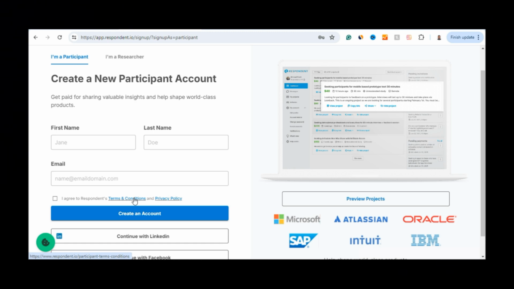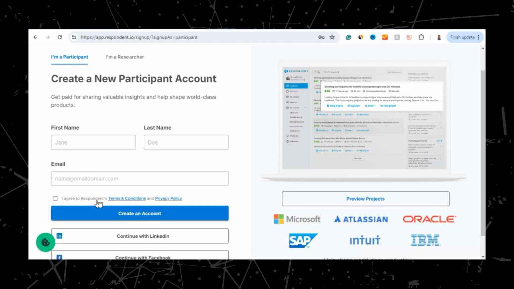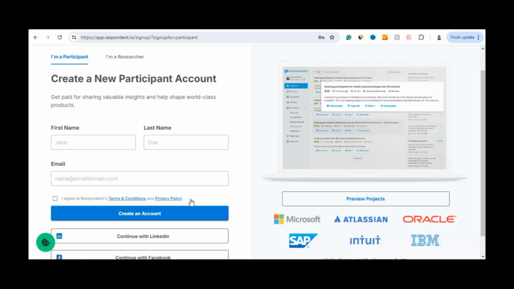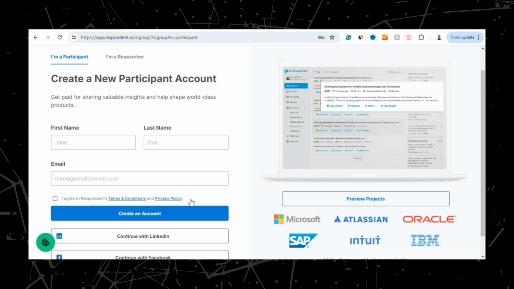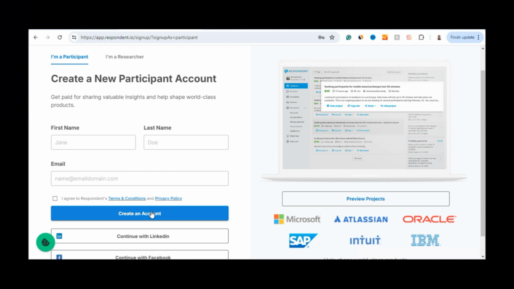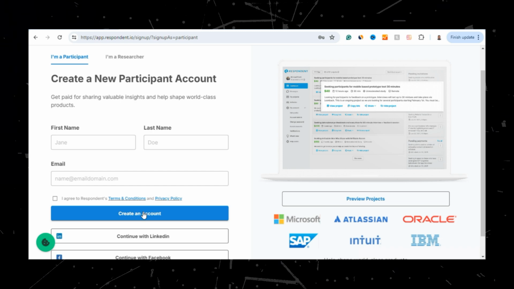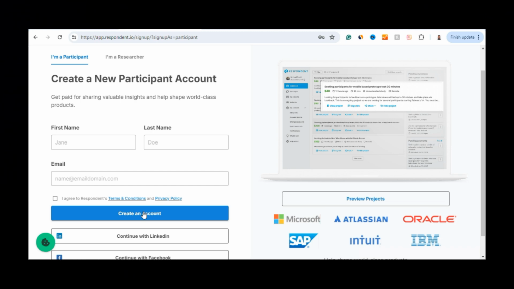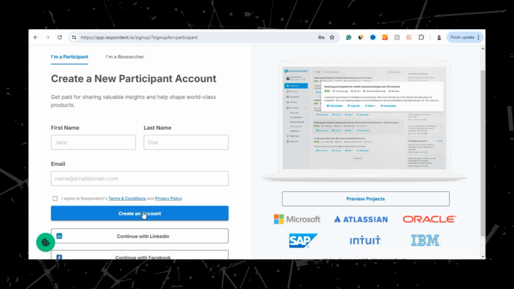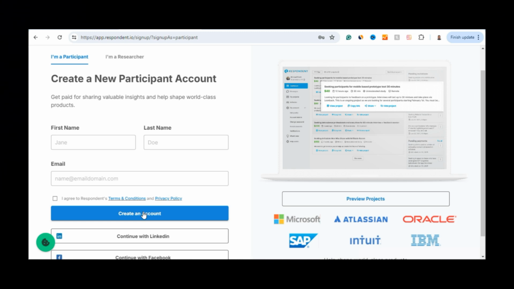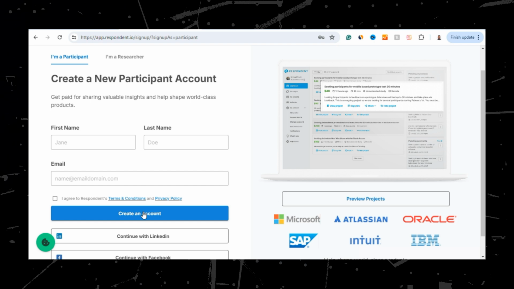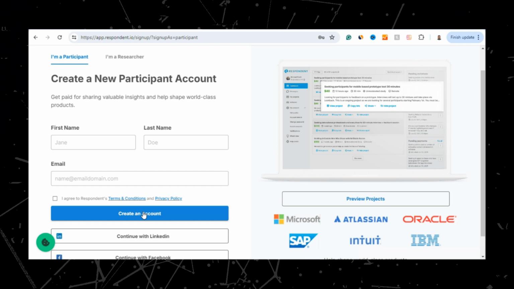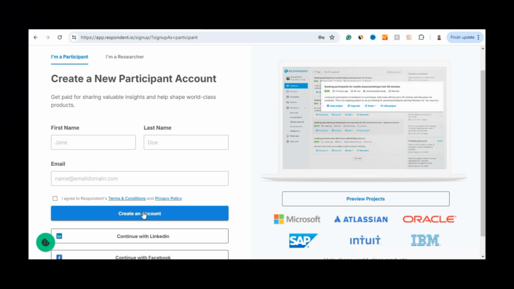Because you are not signing, but by you agreeing means that you are signed to the terms and condition and privacy policy. Just for you to understand what you are doing. So once I click on create account here, it's going to automatically create my own account for me. And once the account is created, you are going to fill up a little bit form, how you want to receive your money, and your little bit simple experience of how you can